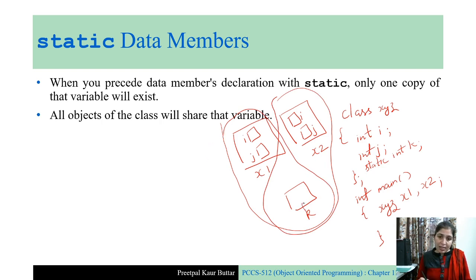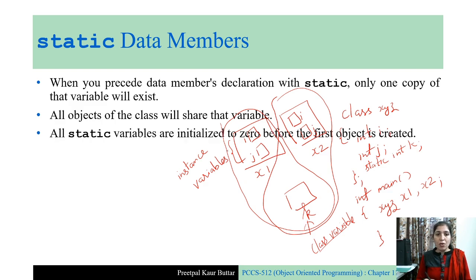So k is a class variable. That is, it belongs to the class, not to any particular object. While i and j are the instance variables. That is, they belong to a particular instance of a class. Instance here means the object. So these are the instance variables and this is a class variable.